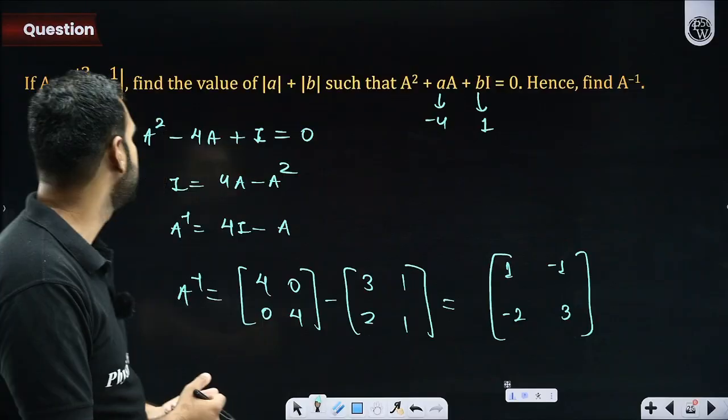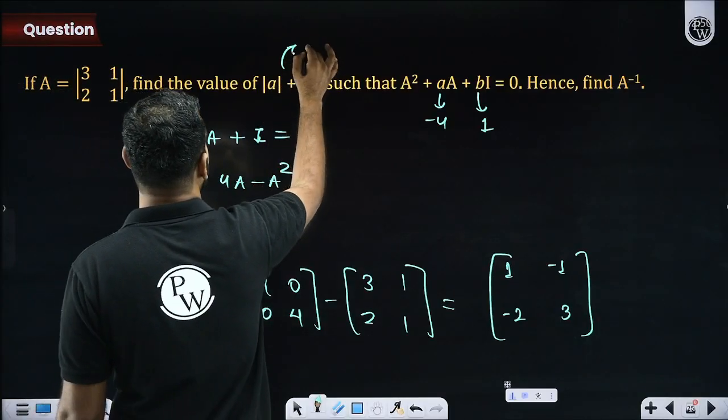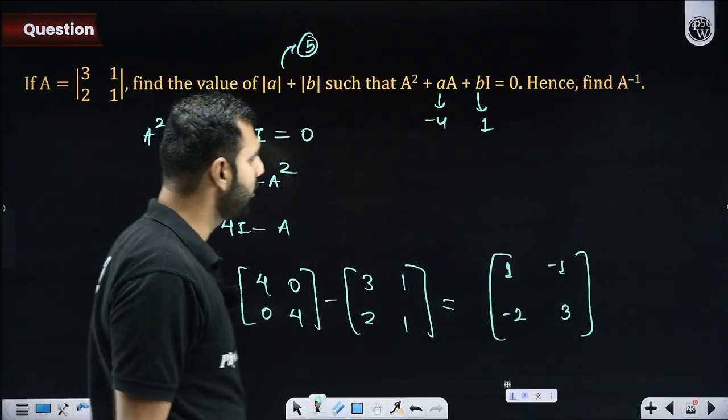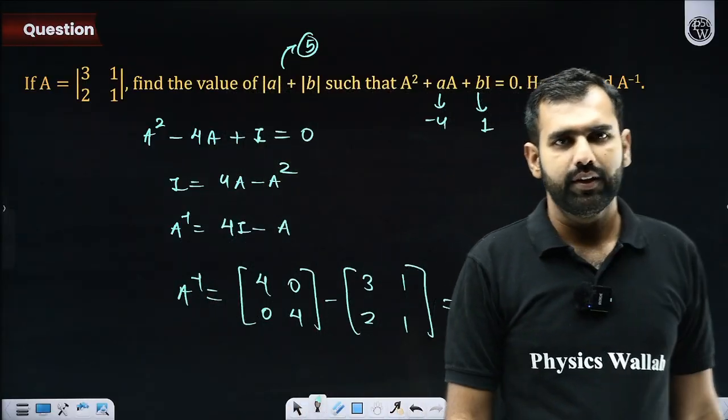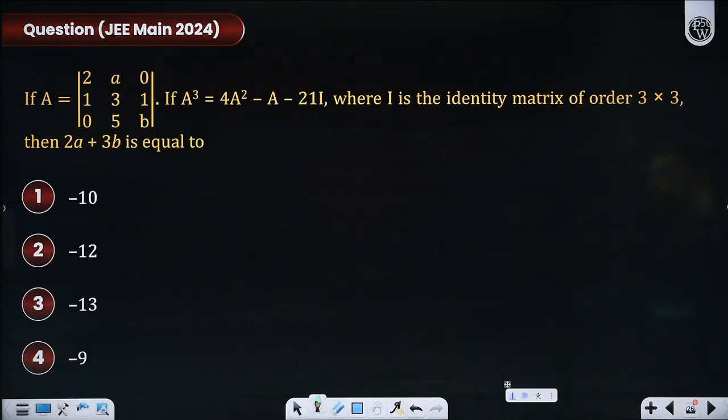That's good, Krupa. Mod A plus mod B will be 5. I hope no confusion on that. So I think we have found all the answers. Everybody understood that? Shall I move towards the next question? This again is a good one. How do we solve this? Let's talk about that. A very interesting one.